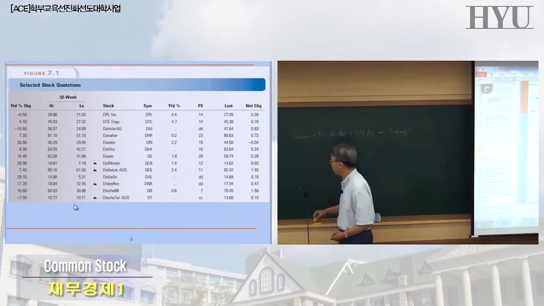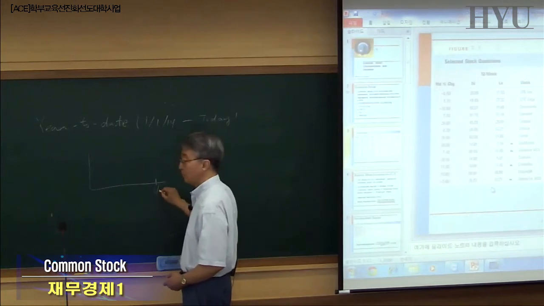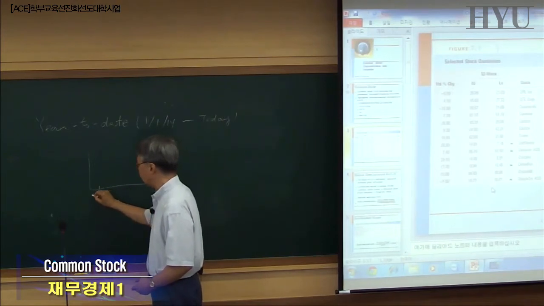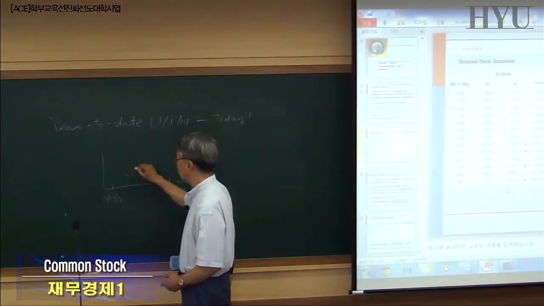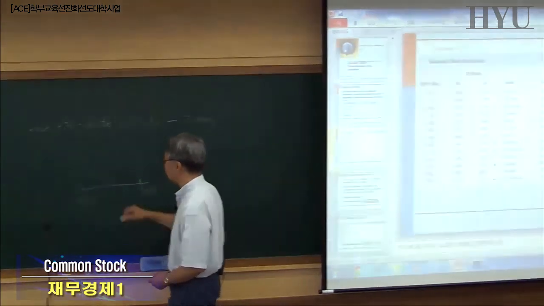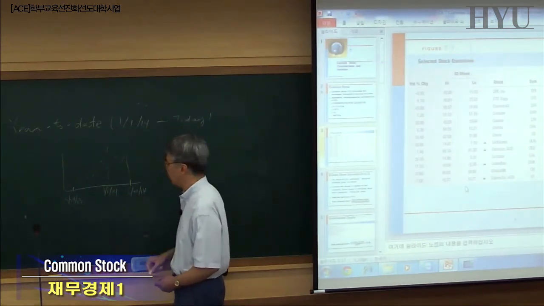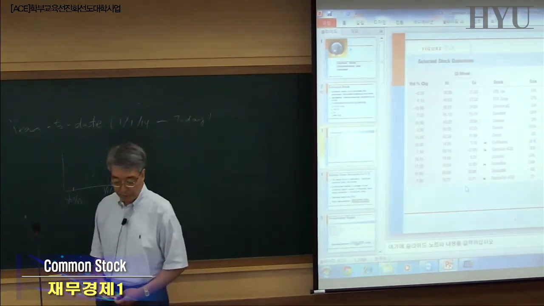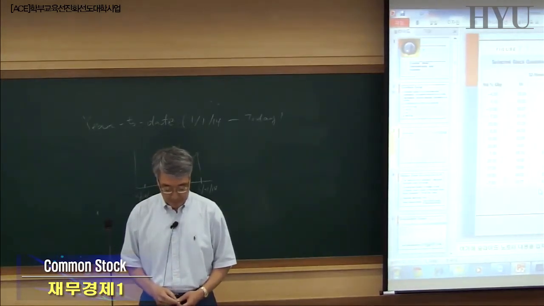What's the fluctuation? If this is today, say May 2014, okay, and this shows May 2013. Okay, so what happened to the stock price? And let's say starting from the beginning of the year, right? How much was the appreciation and so on. So you can quickly get the idea about the changes in the stock price. And the company name and the symbol.